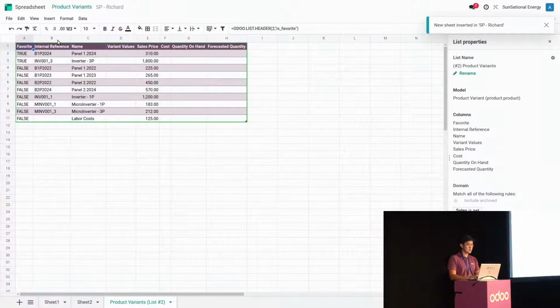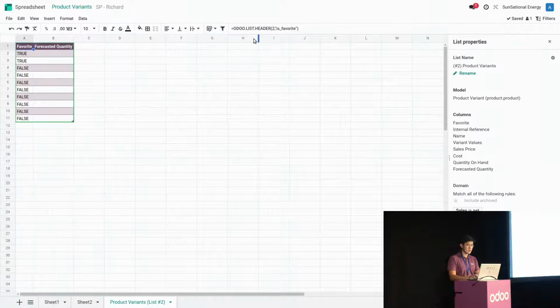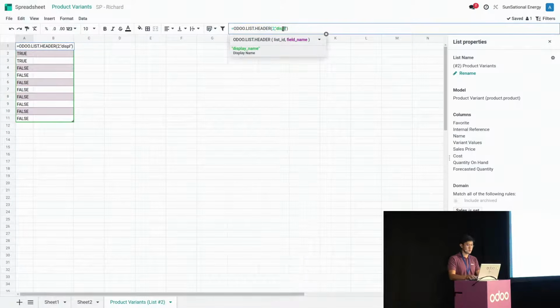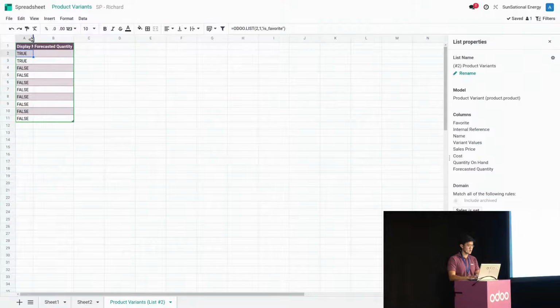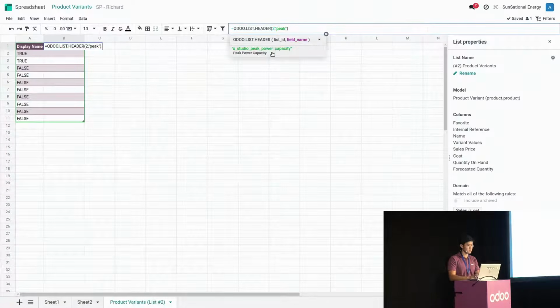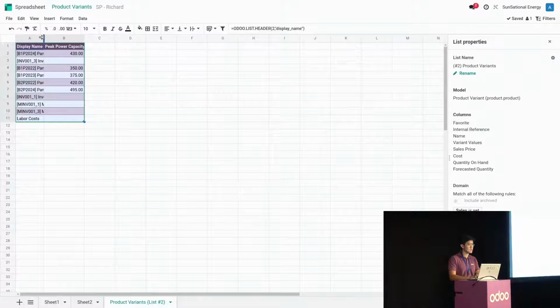And I will quickly need to keep only 2 columns. And I want the name, display name, to be used right here, as well as the peak power capacity, which is my new Studio field. And I will now drag and drop it to see that for each panel, I may see now the peak power capacity,